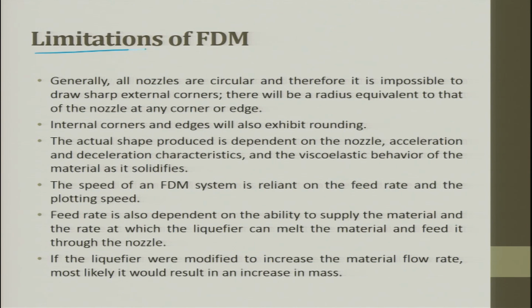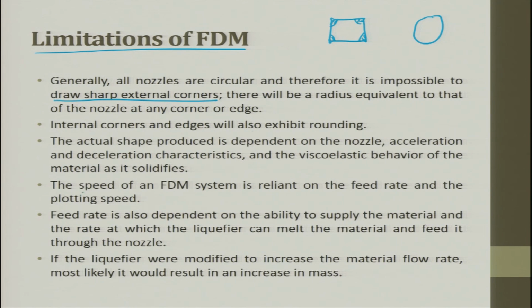So, the limitation of FDM: generally all nozzles are circular and therefore, it is impossible to draw sharp external corners. So, we can't get a nozzle orifice like this, we always get an orifice like this. So, these are dead centers wherein the flow will not happen. So, we do not go for square nozzles. Internal corners and edges will also exhibit rounding because of dead centers. The actual shape produced is dependent on the nozzle, acceleration and deceleration characteristics and the viscoelastic behavior of the material